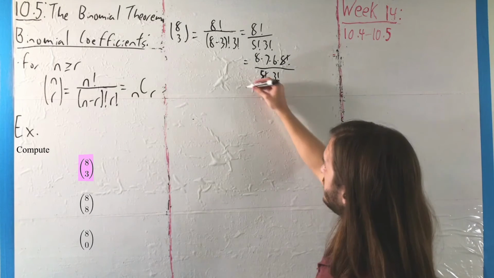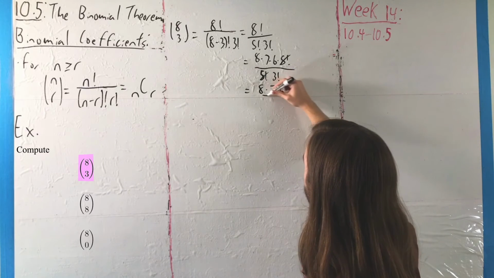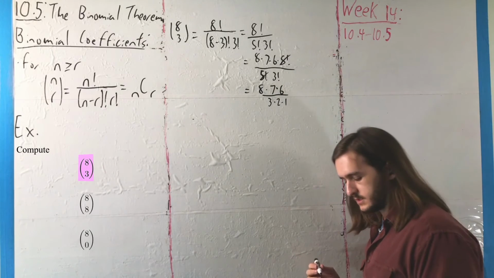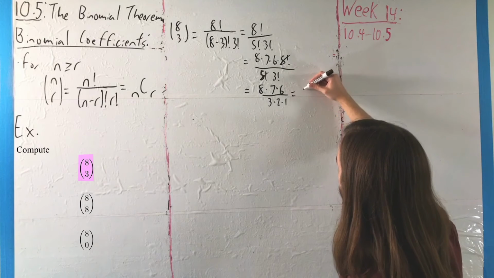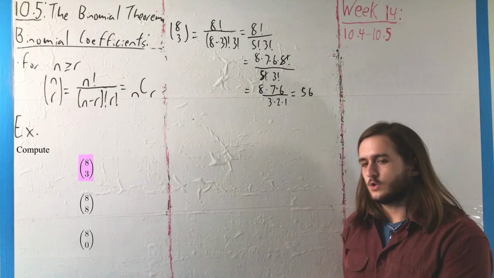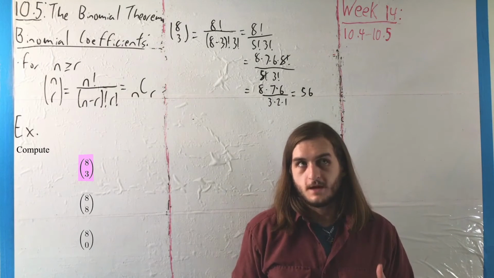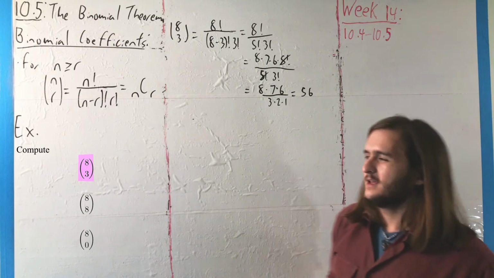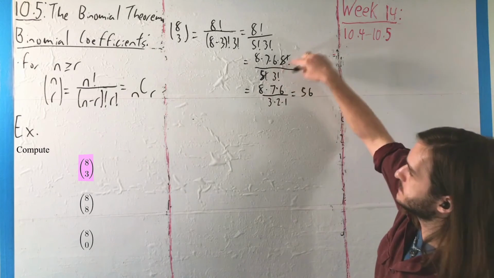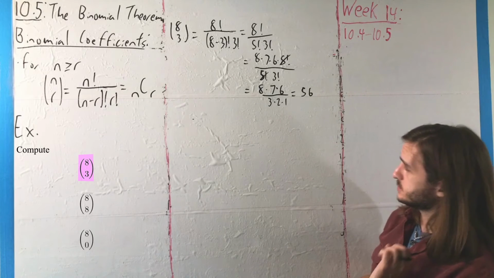Those will cancel, and we'll be left with 8 times 7 times 6 over 3 times 2 times 1, which is also 6. So we'll just have 8 times 7, or 56. And this is usually how any type of factorial or combination, or in other contexts, permutation, computation goes. We just see how we can find some matched up factorial terms, cancel them out, and we're left with hopefully something, if not easy, at least a bit more manageable,